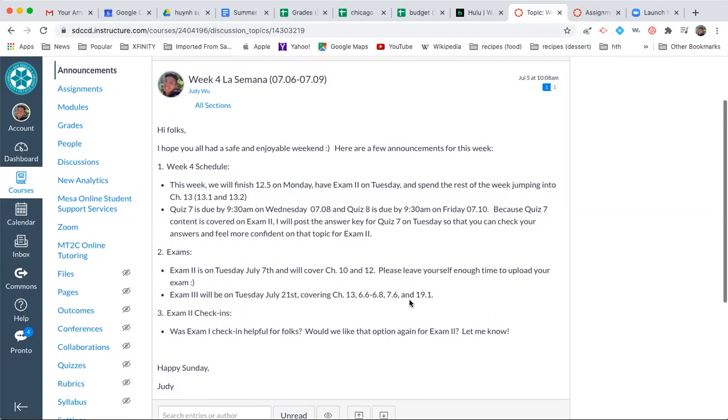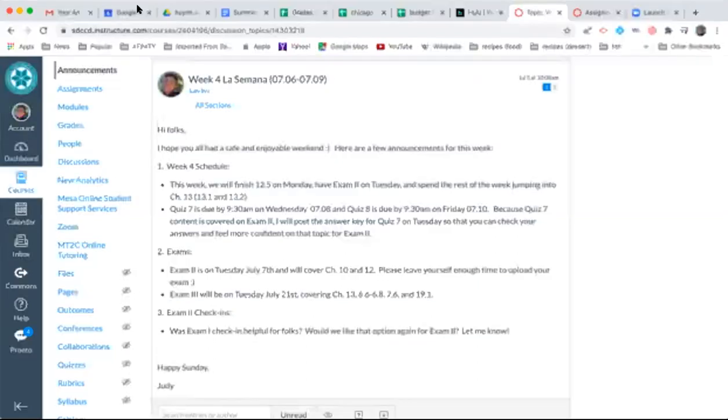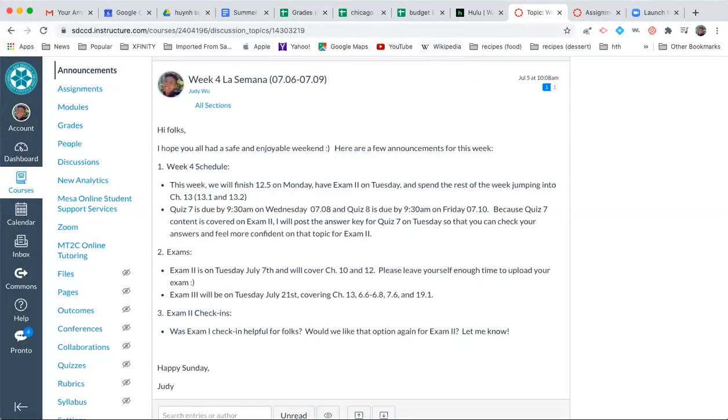If you weren't able to figure out where to sign up for the check-in meetings, it's in the calendar option, which I don't know what it looks like for you folks, but on my end, I have this little calendar button to the side, and that is the place where I can click to add different appointments and things like that. So we'll give that another go if that's what folks would like, and hopefully we can all learn to be a little bit more savvy with Canvas. Are there any questions so far?